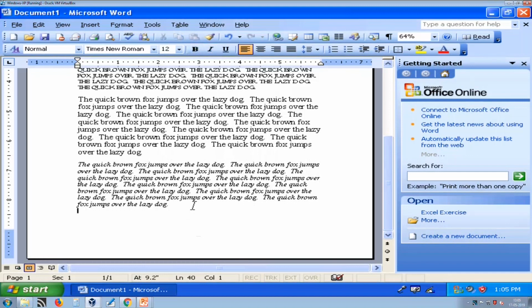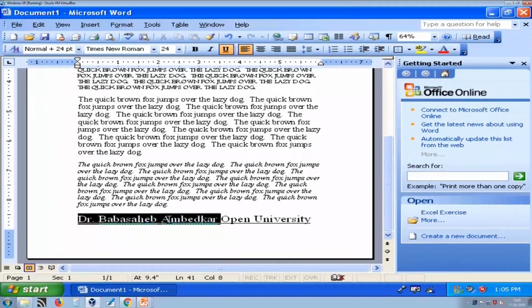Generally a title is underlined. For example, here I am writing a title, and now I want to underline this. So select that and press underline. Now in a larger font you can easily see that this text is shown as underlined.